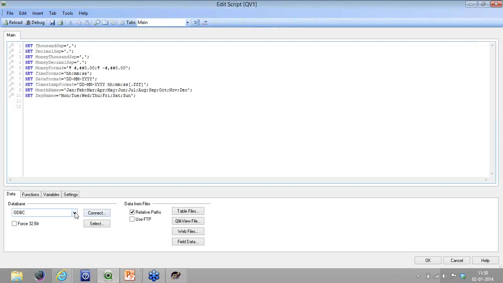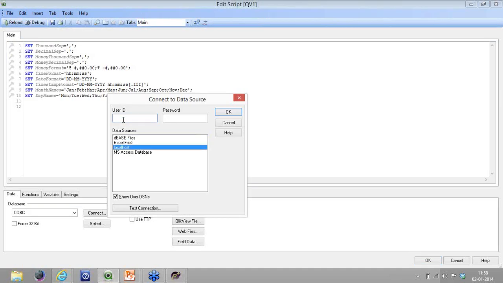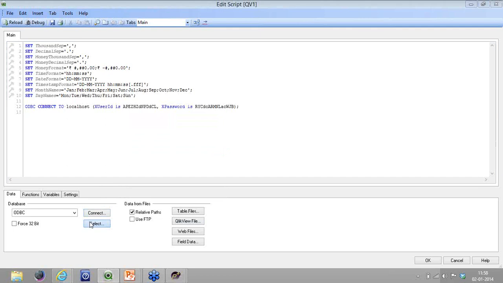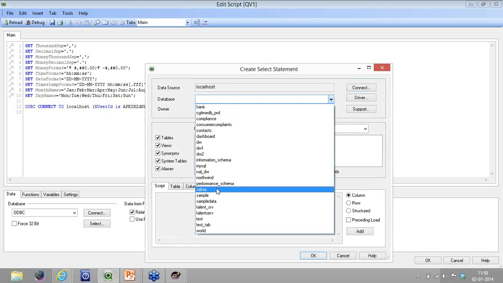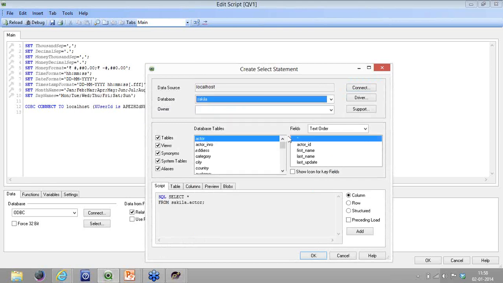So in this particular fashion, I have selected a particular data source. You need to have created a data source in your ODBC connections before you actually connect to the data source. As you can see, I'm now connecting to a particular MySQL data source. It's connected now, and now I can directly select the tables. So here, let's say I'm going to the Sakila database, and